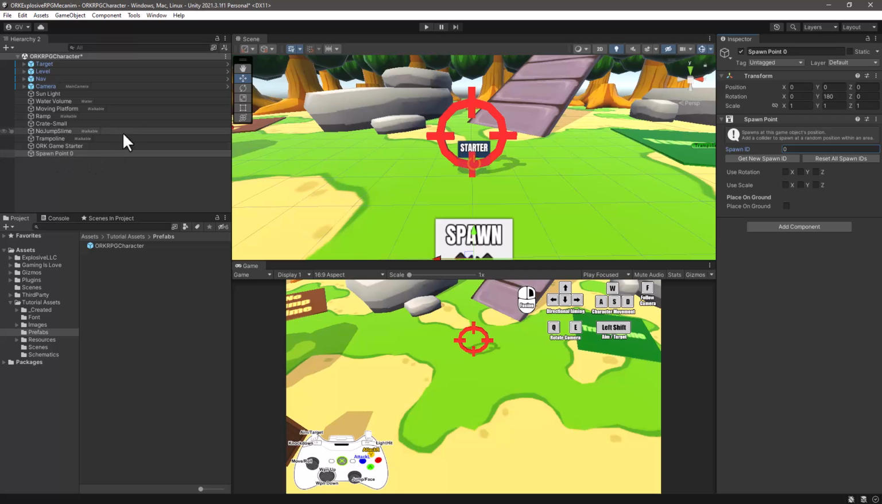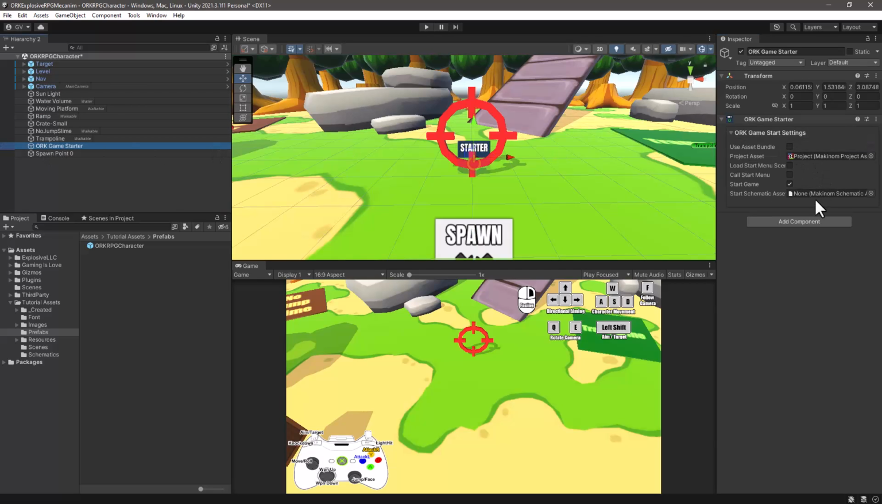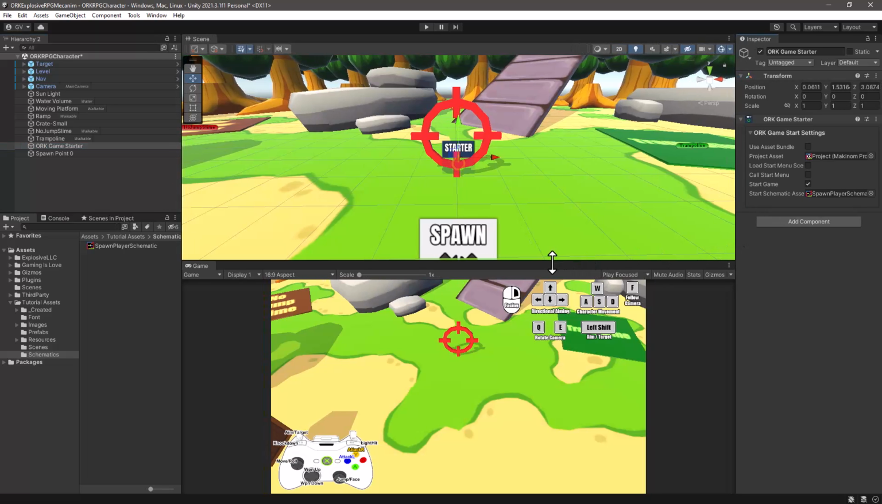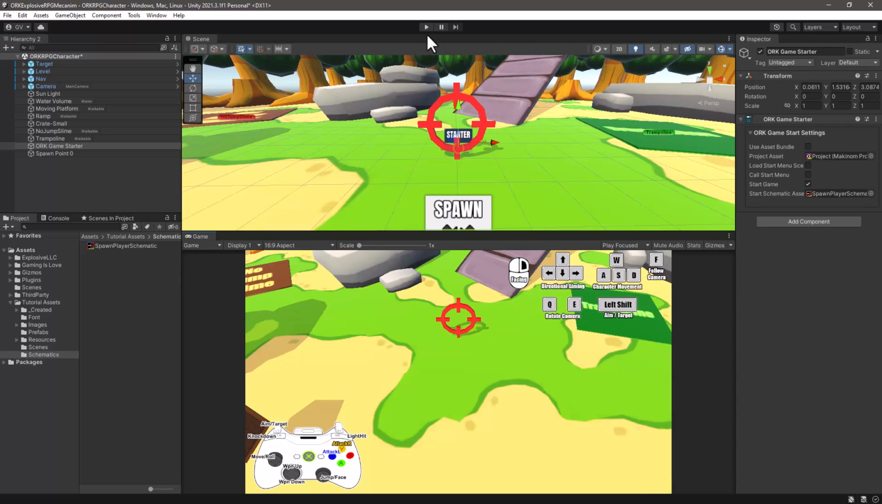We have the spawn point. We need to go into our ORK game starter, and here where we say start schematic asset is asking us to assign a schematic here, so we can do that and assign our spawn player schematic. If now we were to hit play,